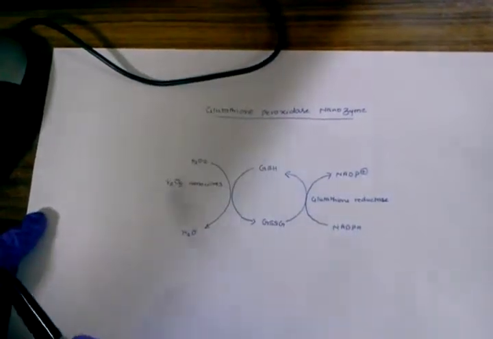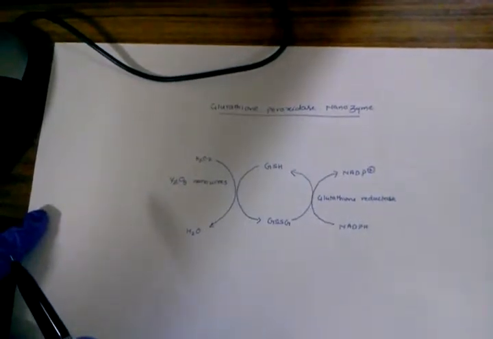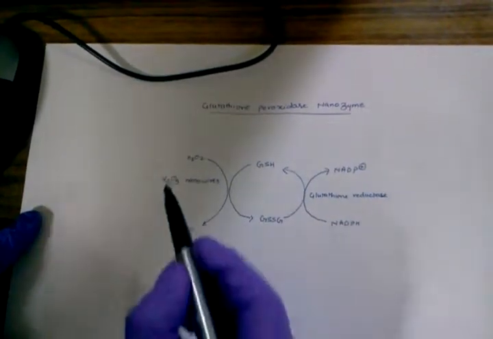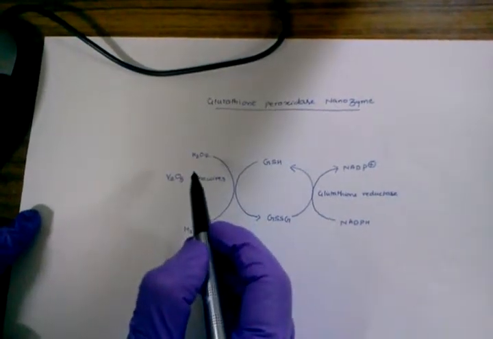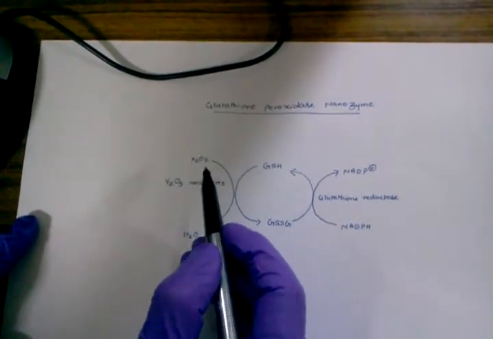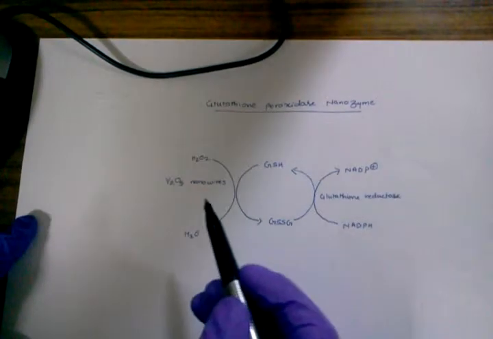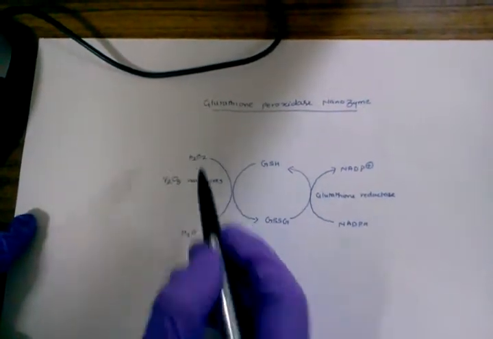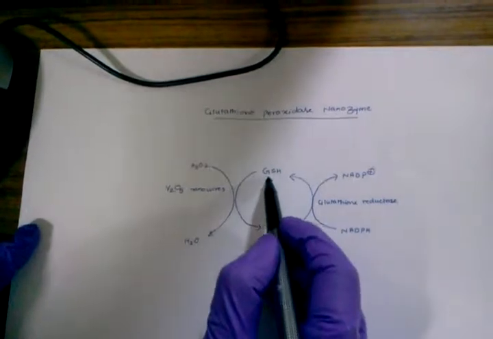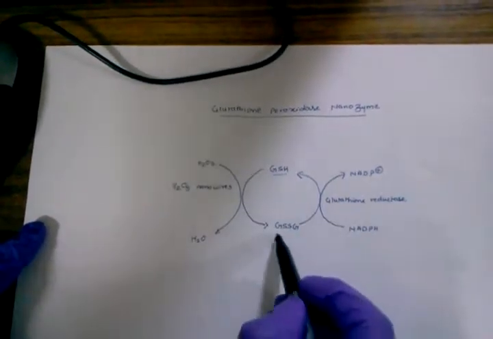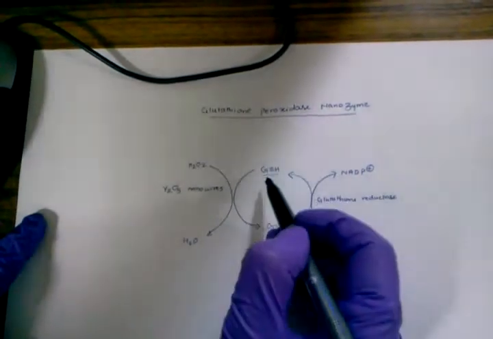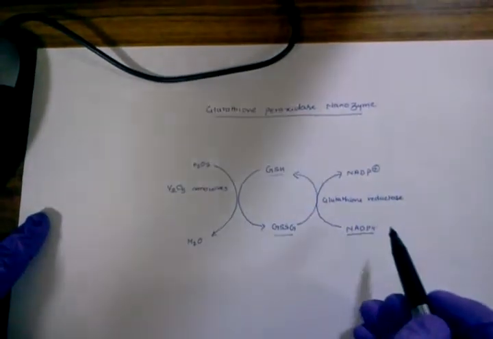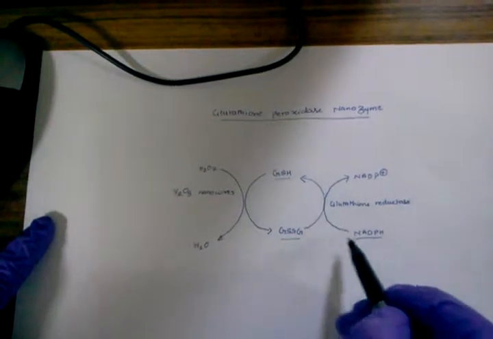Glutathione peroxidase is a mammalian antioxidant enzyme which is involved in antioxidant defense function, and this converts hydrogen peroxide to water. Hydrogen peroxide is a reactive oxygen species and it causes oxidative damage to biomolecules. So glutathione peroxidase neutralizes hydrogen peroxide to water by utilizing thiol cofactor, which is converted into glutathione disulfide, and this glutathione disulfide is again converted back to glutathione by NADPH cofactor, and this NADPH is oxidized.